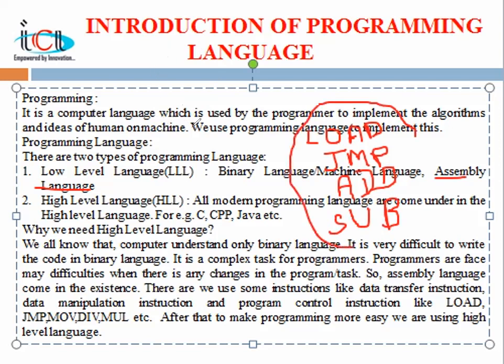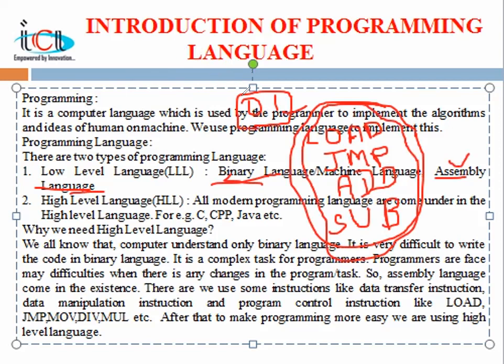In this way, we use specific mnemonics in the assembly language. It is easier in comparison to binary language, because when we write code in binary language we use only 0 and 1. If you have any error in your program, then it is difficult to find and solve it. So we use some English words and write the code in assembly language. It is read by the assembler and converted into binary or machine language.